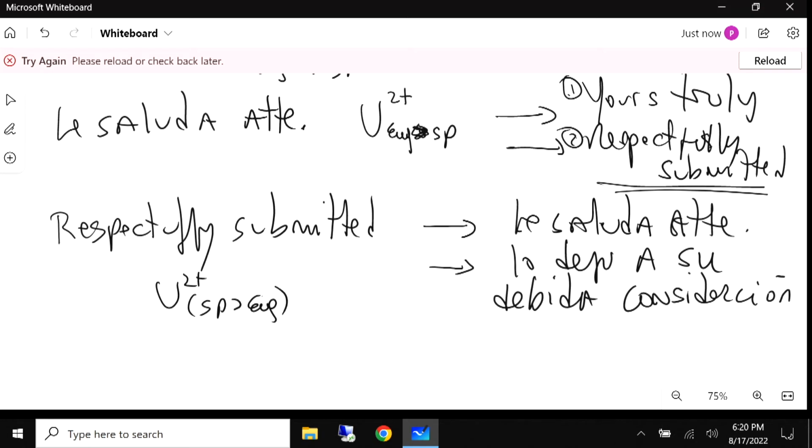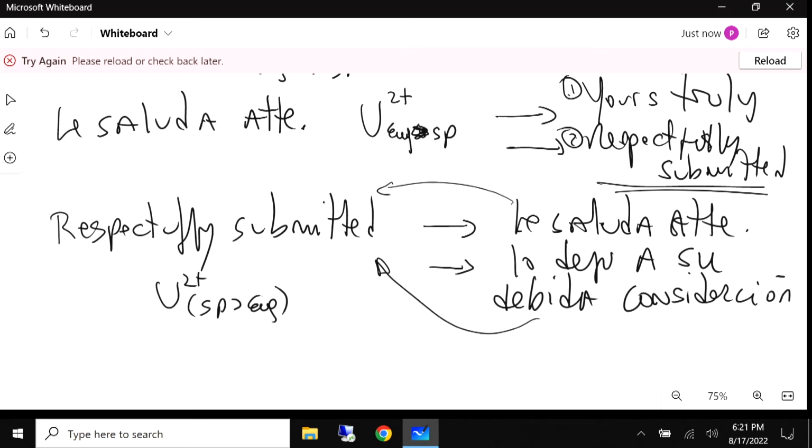Sometimes they say "lo dejo a su consideración," "lo dejo a su debida consideración." So when we analyze this term, "le saluda atentamente" and "respectfully submitted," they're basically unstable in both directions. This does not happen often, but it does happen. Now, you don't need to know this necessarily, but if you do know it, it makes you a much better interpreter, because you can explain a lot of different transfers by knowing this variation. For you to know that "le saluda atentamente" is "respectfully submitted," and so is "lo dejo a su debida consideración,"